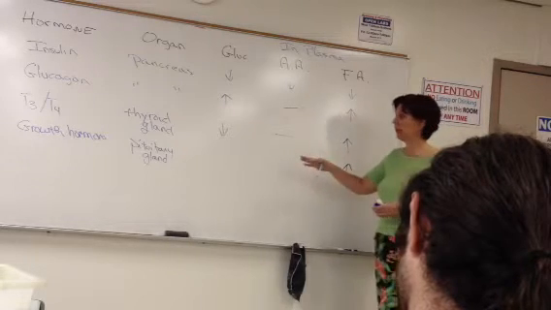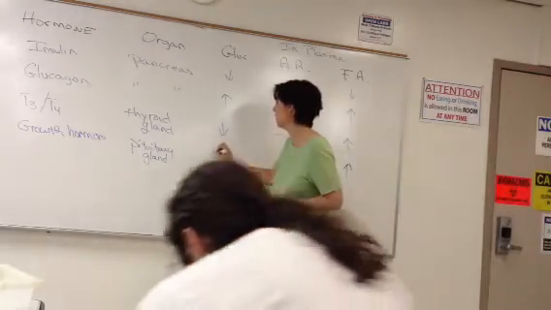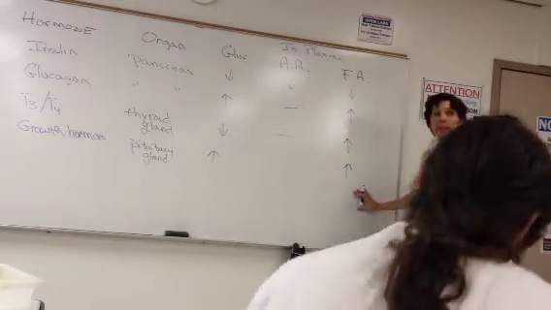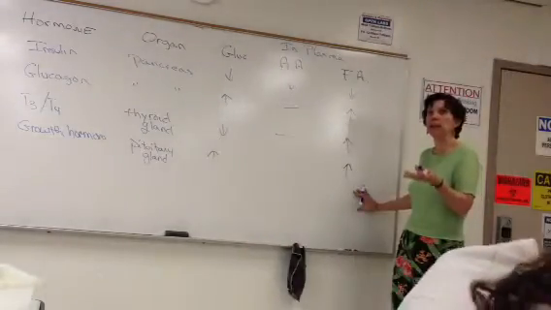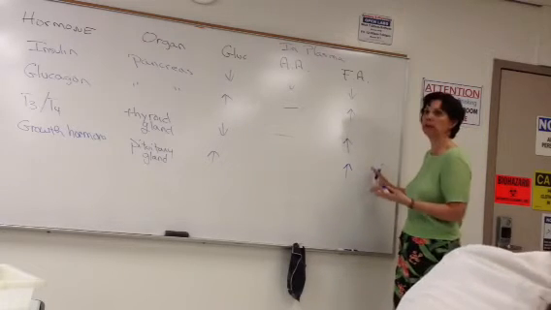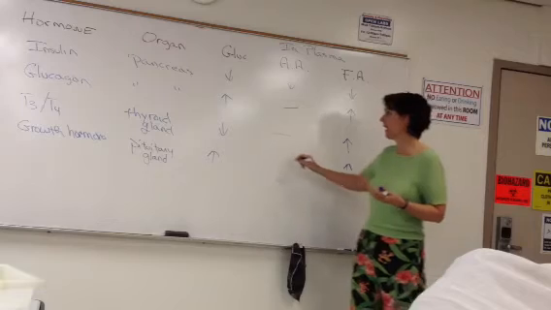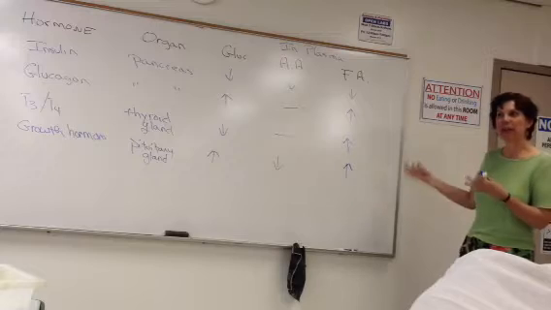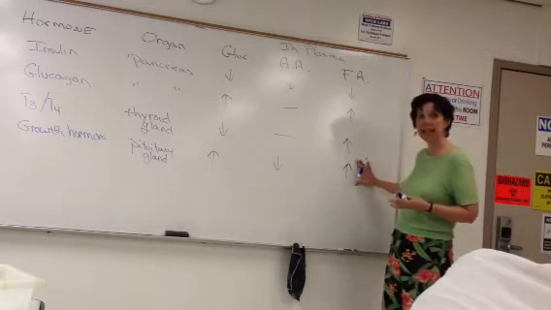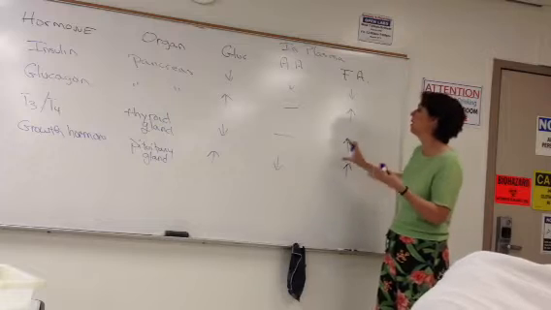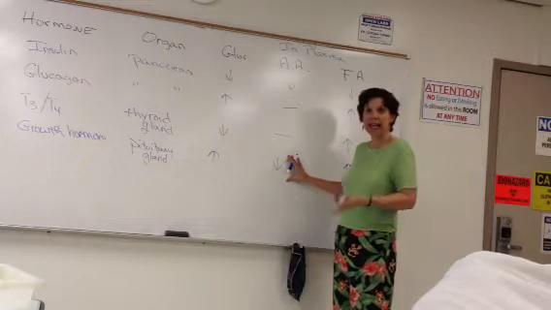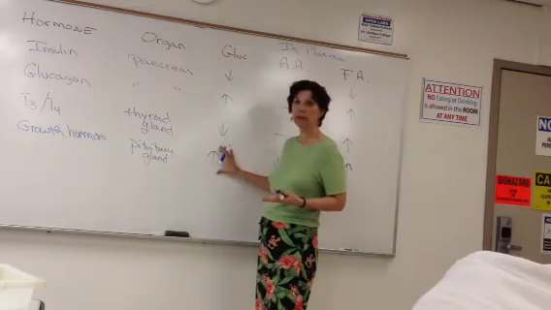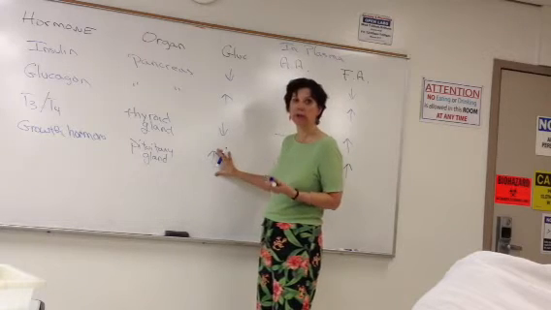Those are used instead of glucose, and we're not using our glucose, so those levels go up. But we're breaking down fats, and then the amino acids that are in the blood are used to make new proteins. So we're building muscle and we're losing fat. Sounds like the perfect kind of weight loss drug. Get rid of the fat, make muscle. So we're gaining fatty acids because we're breaking down fat cells. We're losing amino acids because we're taking them out of the blood to make new muscle protein. We're not using glucose since we're using fatty acids. The glucose levels rise in the blood.